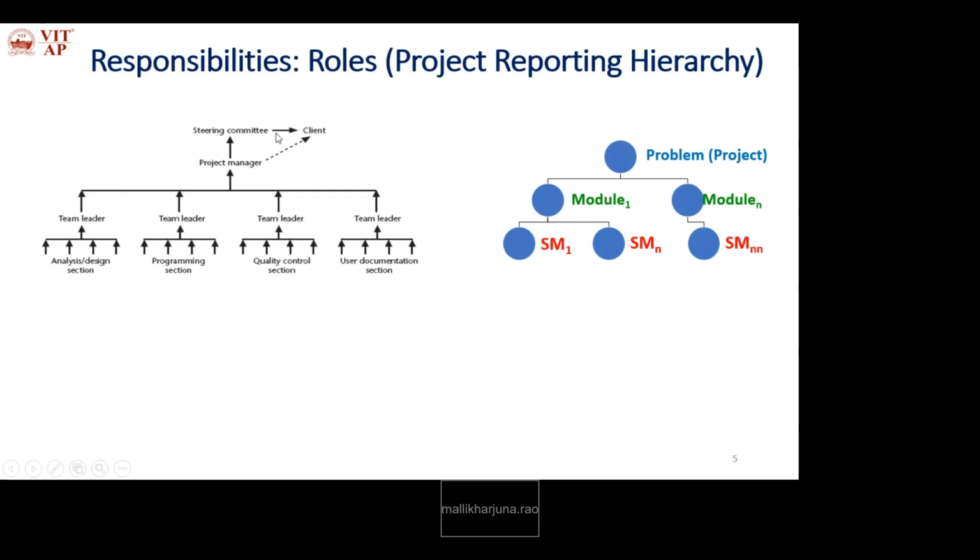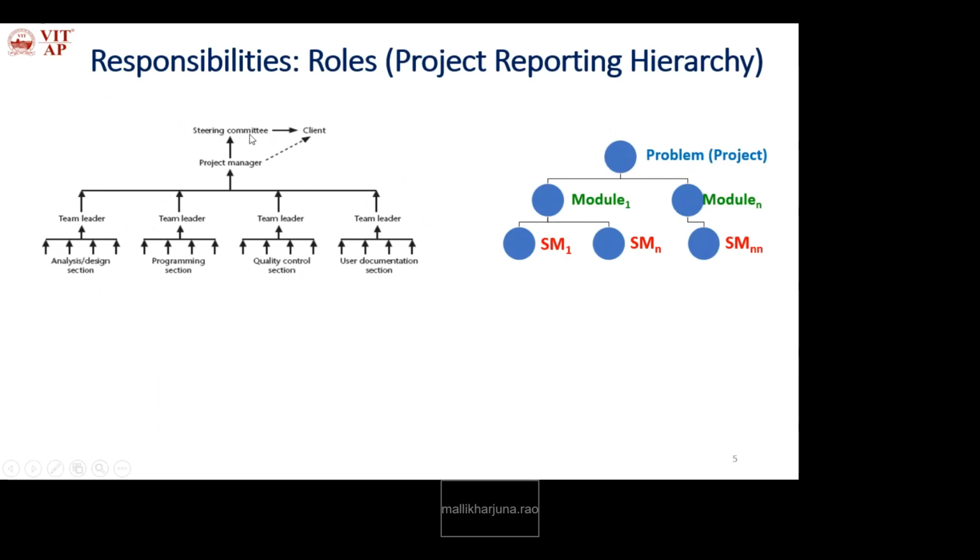Okay, so the steering committee will look after the whole project quality. The top level or high level people always monitor and control the product quality: what is defined in the problem, and what is achieved by the given deadline and schedule.